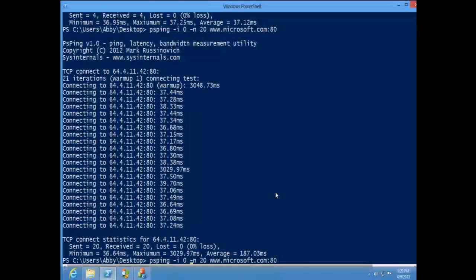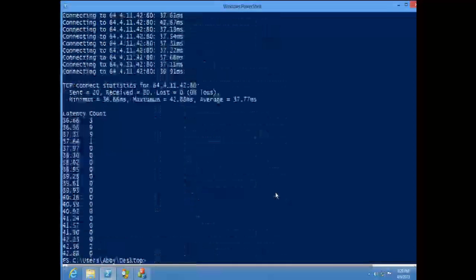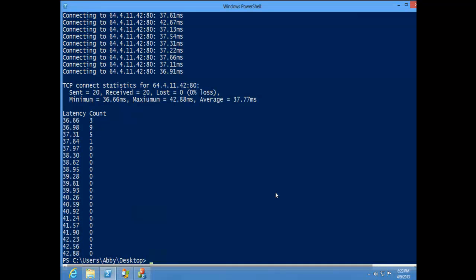And finally, I want to do -h to generate histograms of the data that it captured. So it takes the upper and lower bounds and then shows you where most of that data came in. And this is tab delimited, so you can put it straight into Excel.